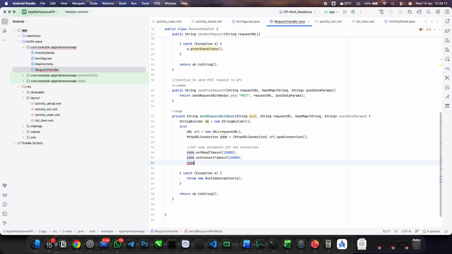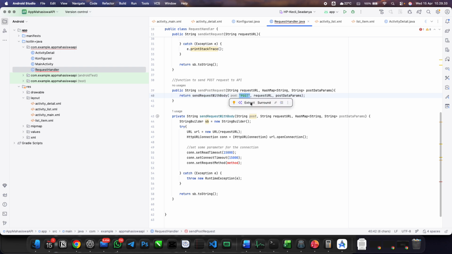Con dot set request method will be the method. See, okay, no problem with that because the method will be sent through the post data params. See in here, send request body.